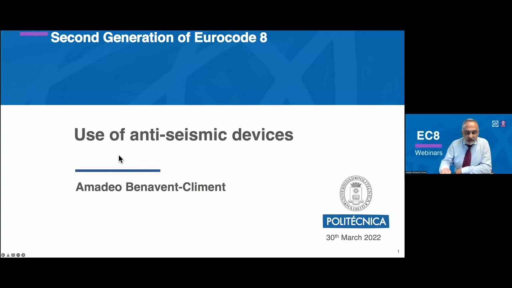In this presentation, I would like to explain briefly everything related to the use of anti-seismic devices in the next generation of Eurocode 8. The current Eurocode 8, as Philip said before, covers basically only the base isolators in buildings or bridges, but there are other types of anti-seismic devices, such as the energy dissipation dampers and dissipation devices that have been increasingly used for the passive control of the structures in the last 2 decades. And these new technologies can